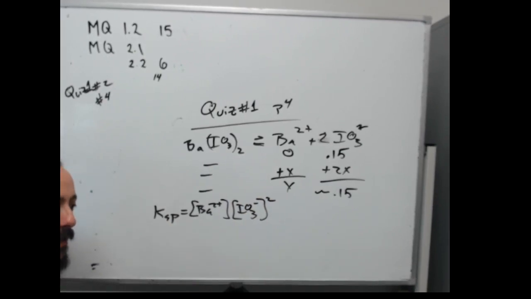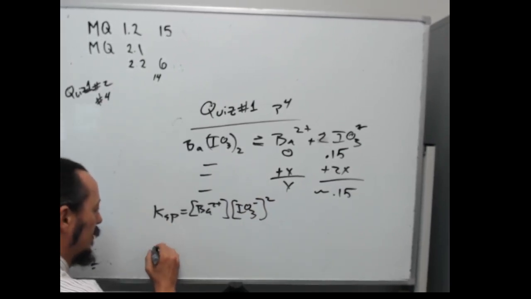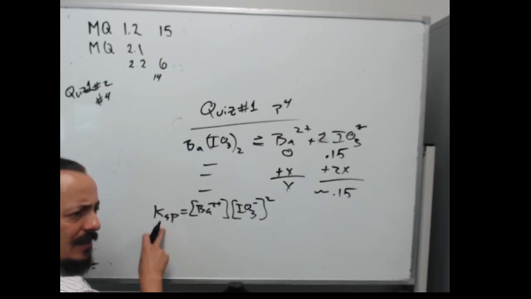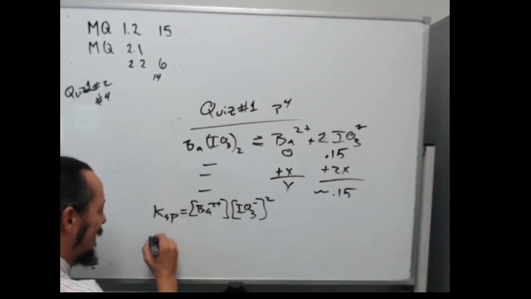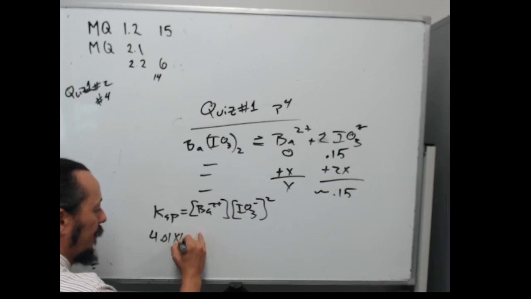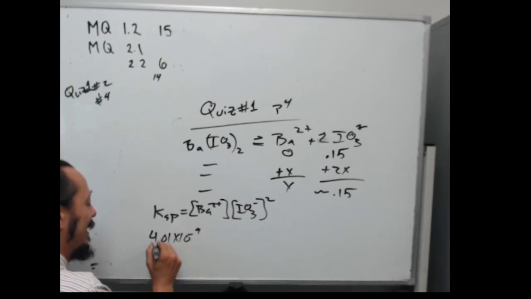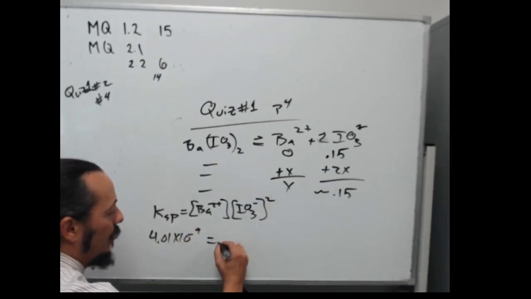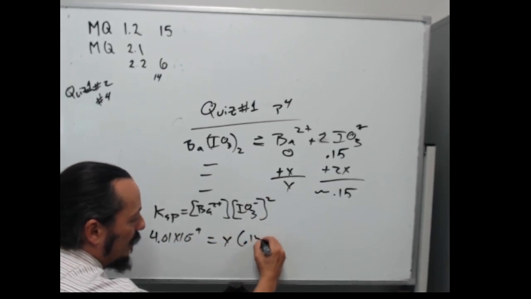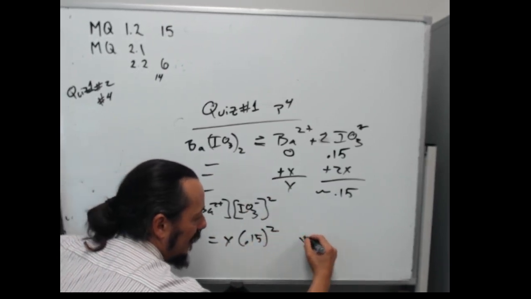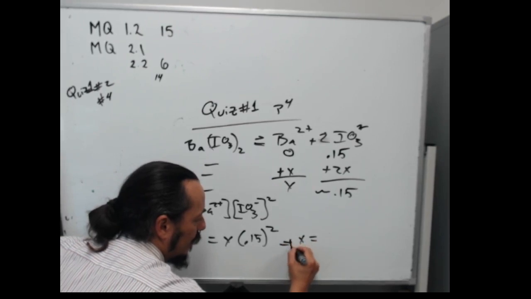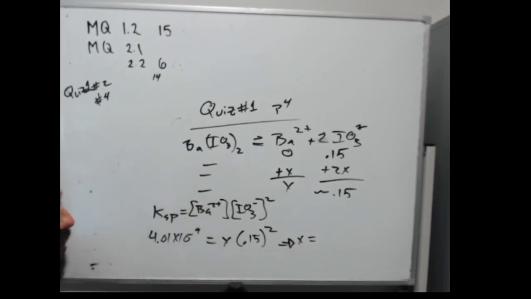So I plug in the Ksp for barium iodate, which is 4.01 times 10 to the negative 9. Sorry, I gave you the one for this one. Is equal to x times 0.15 squared, and then we can get to x is equal to,